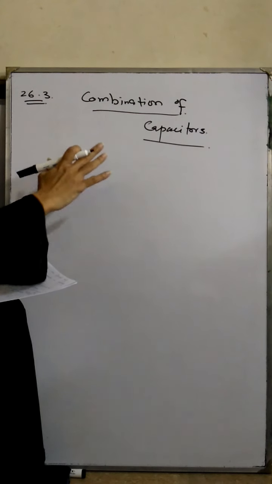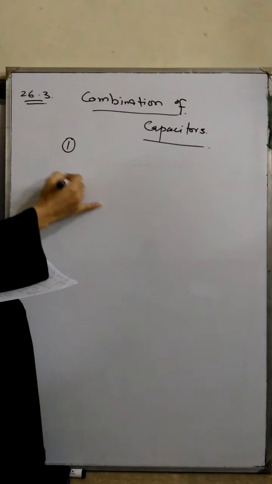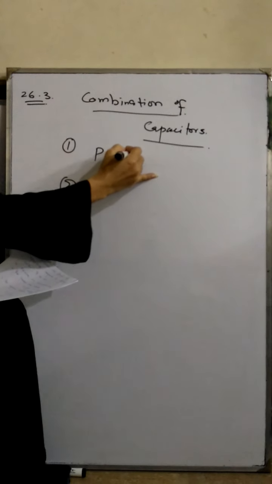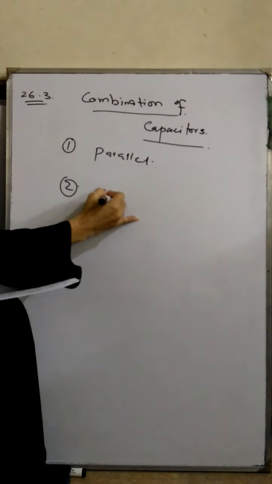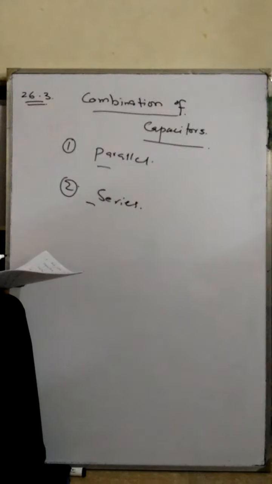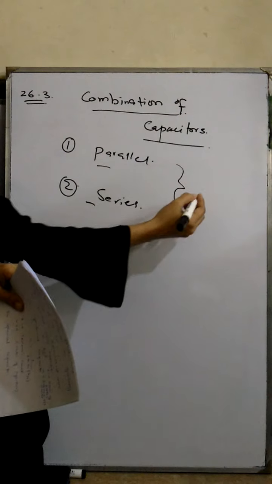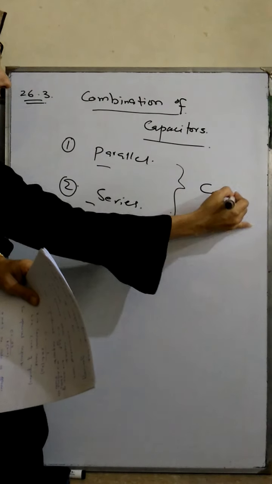So उसके लिए जो combination of capacitors है in a circuit, we have two different types of combination. Number one is parallel and number two is series. ये बिल्कुल वैसे ही है जैसे हम रेजिस्टर्स को जो है सर्किट में लगाते हैं, और रेजिस्टर्स भी हम अरेंज करते हैं either in series और in parallel. मेन टारगेट हमारा क्या होगा? That is to find the equivalent capacitor